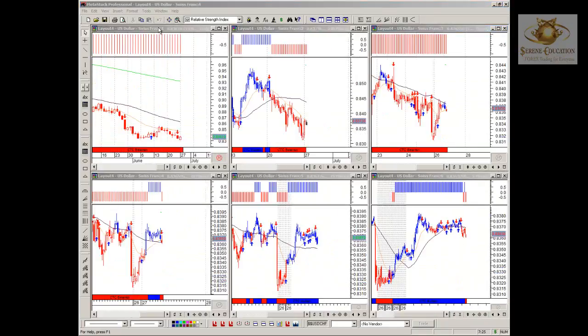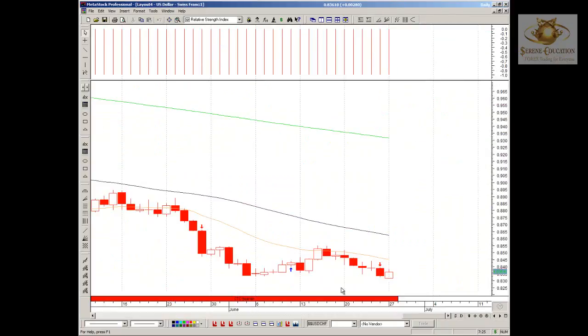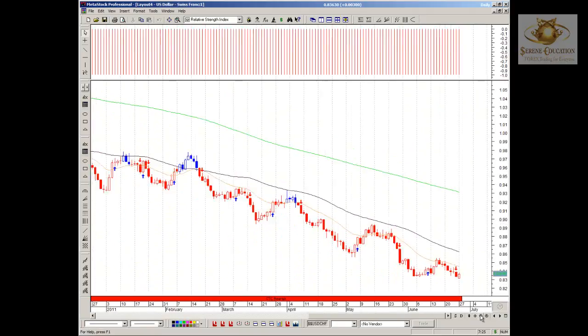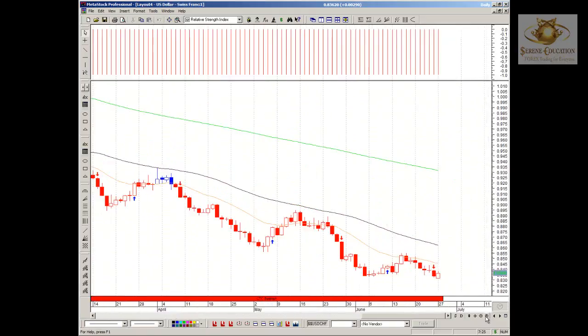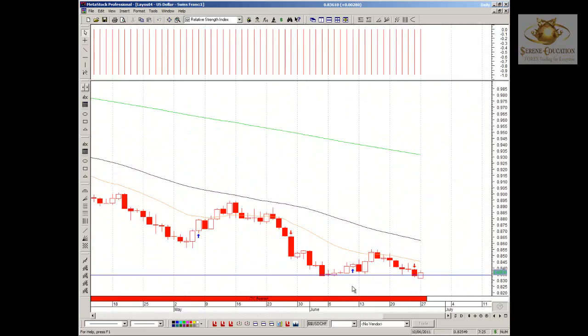US dollar Swiss franc is the next one up. Let's have a look at the daily time frame. You can see that this is in a major downtrend since mid last year, 2010, and the US dollar has just recently